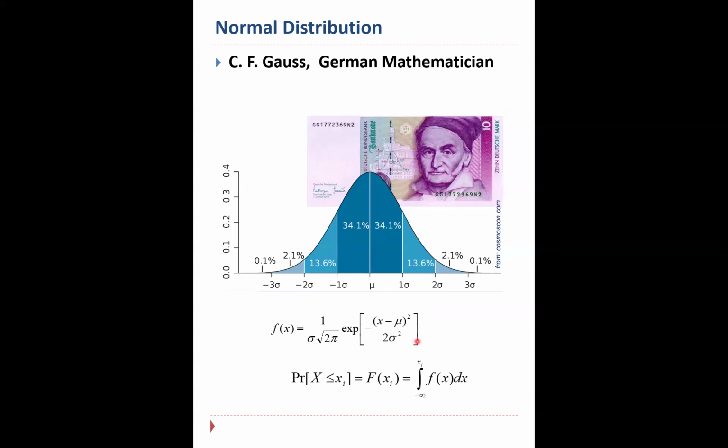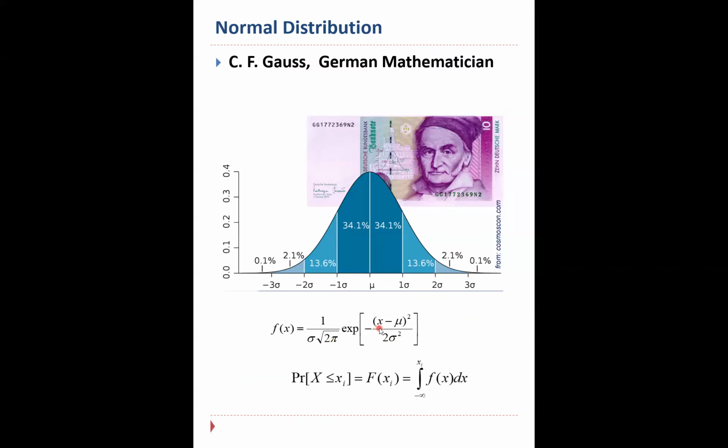This is the first distribution in which the mean value and the standard deviation appear explicitly in the expression. The probability density function is in units of 1 over sigma, which are the inverse units in which we